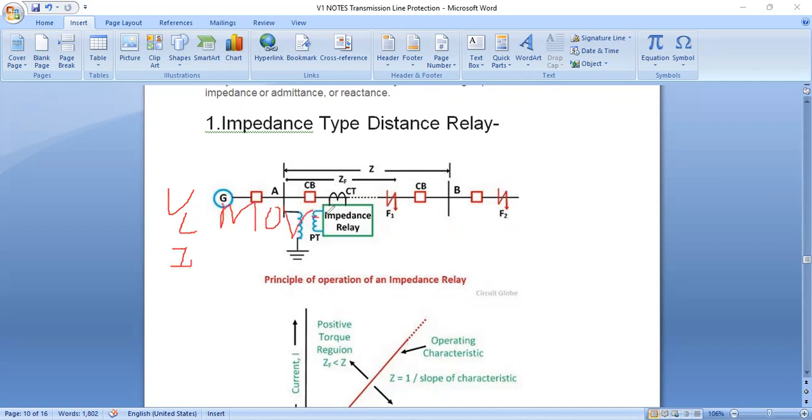But now under the fault operating condition,